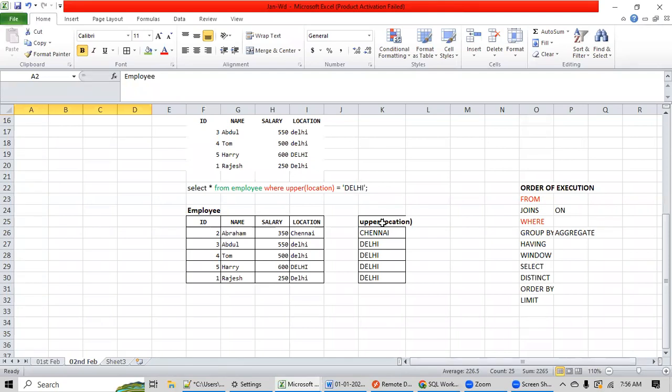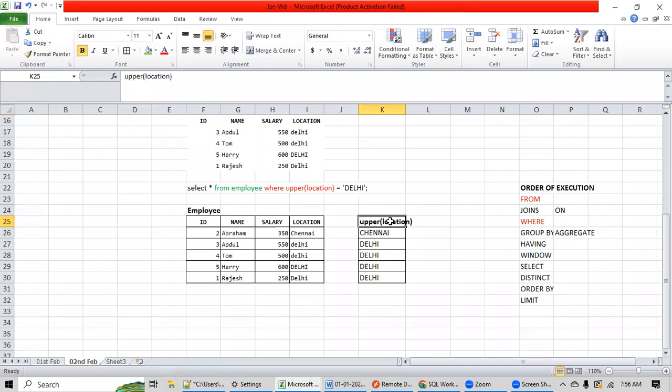Is there any way to check the order of execution in a database? There is an execution plan. In all databases, there is a SQL execution plan. If you click on that, it will show you how your query is getting executed. Can we check it in Live SQL or live Oracle?